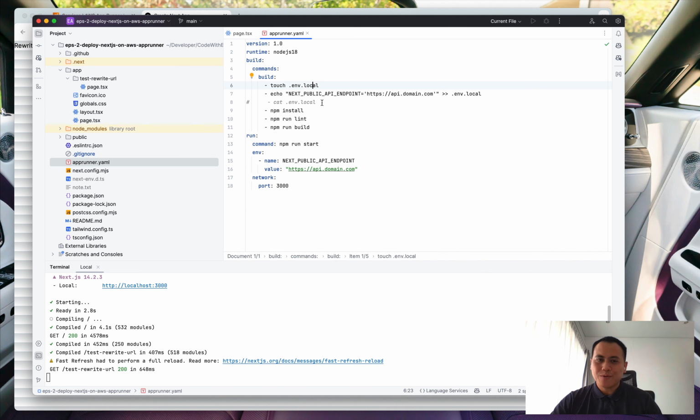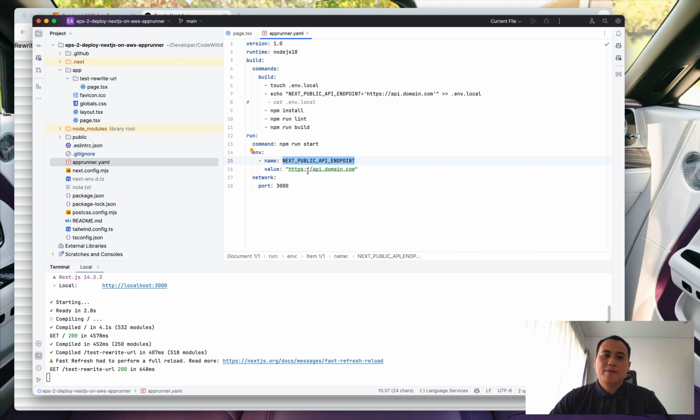This is a quirk from my experience using Next.js. And this is the basic command. We install the packages, I run the linter, and then run the build. The build will create static pages and all the basic pages required to run the application. And then when the application is ready, App Runner will run npm run start with the same env.